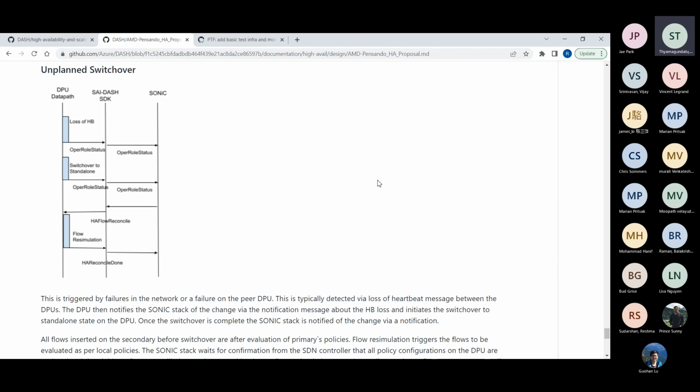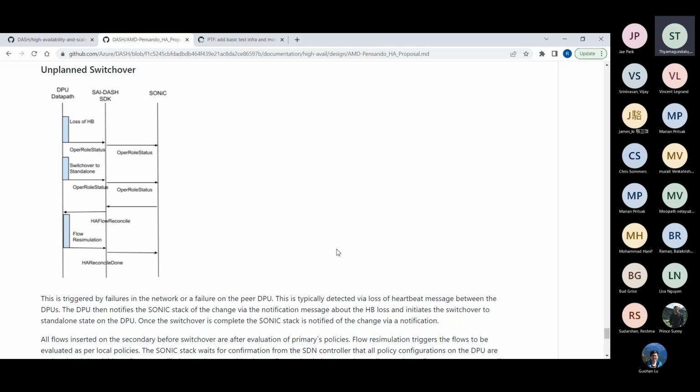Once the switchover is complete, the DPU again notifies the Sonic state machine that switchover to standalone is complete. Then the Sonic stack, in the current implementation, has the controller determine that after switchover, all the configs have been pushed and are up to date on the new standalone, that is the old standby.